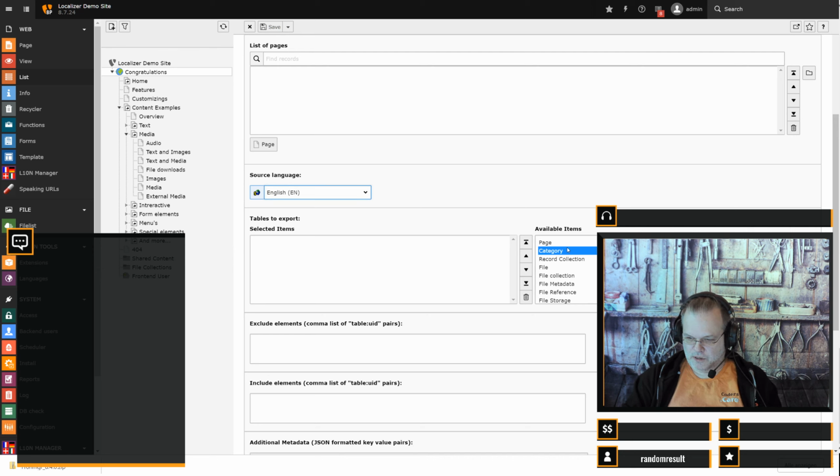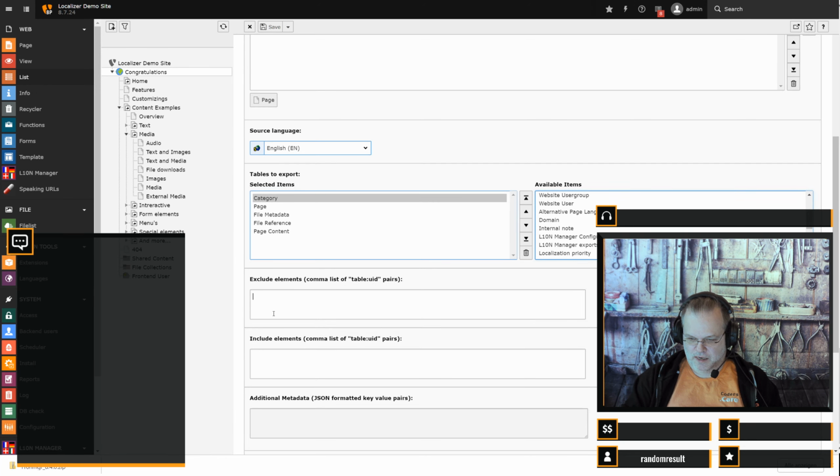and we want to have pages, no, not category, maybe even categories, pages. We want to have file metadata, file reference, and we want to use page content. And actually this should be enough for this. Then you can add some exclude elements,